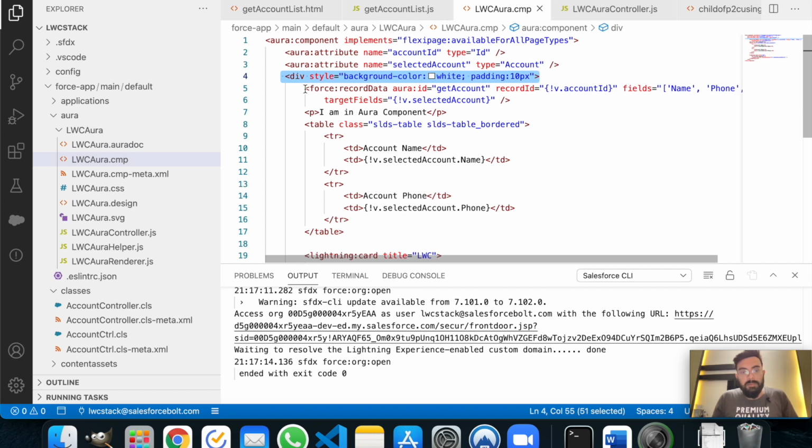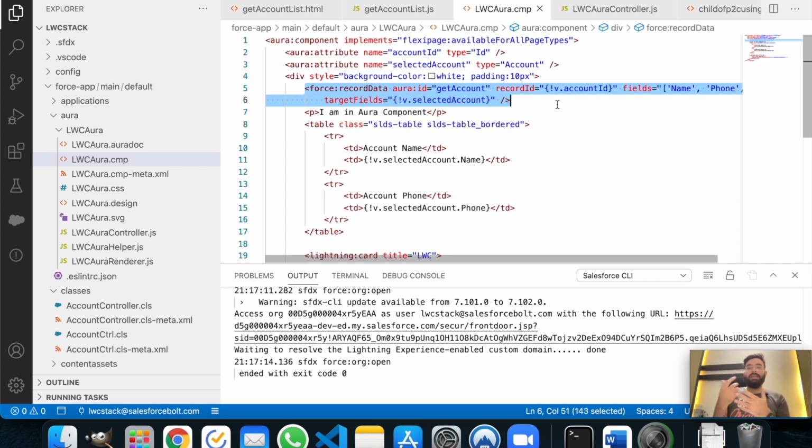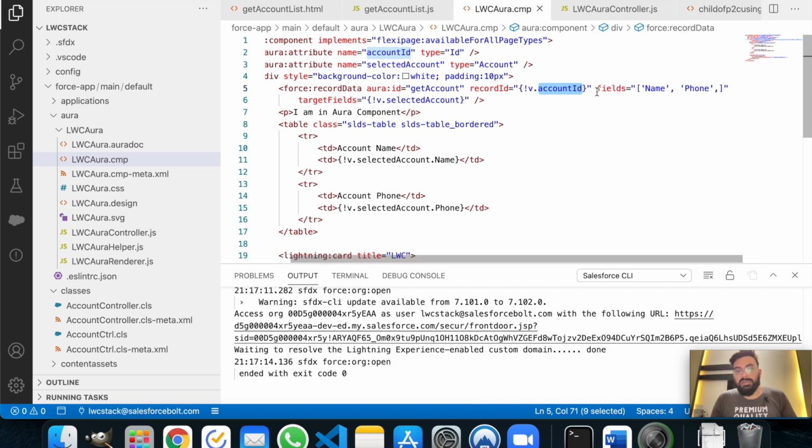And after that, guys, I am using the record data tag here. If you don't know about record data, basically using record data you can get details of a particular record by passing the record ID. You can do the same thing by calling Apex from this Aura component, and you have to pass the ID to your Apex controller and you will be getting the data from your Apex controller. Okay, the same thing can be done using record data also. So I'm using record data just to save time and increase productivity here. Using record data, guys, you just have to pass the record ID here and you can pass the fields also.